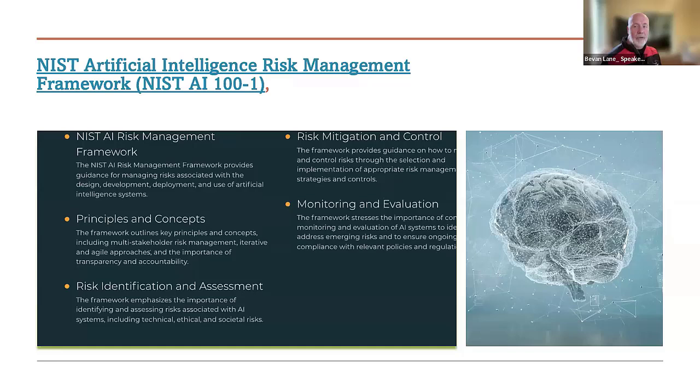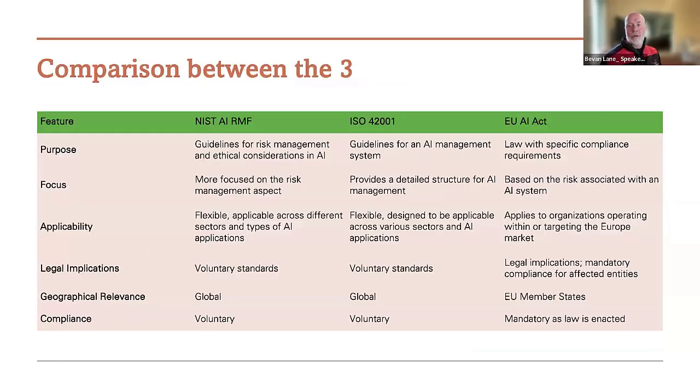Okay, so very nice standard, a lot of detail. It's based on the other NIST standards on risk management. It's just bringing fundamentals of artificial intelligence together. So the three, which we're going to talk about 42,001 now, just to show you a little bit in the differences, the two, the NIST standard and ISO are guidelines, but the EU is obviously a law. We're focused on specific parts, but all of them have a strong link to risk and risk management. Quite flexible. They can be used across different sectors.